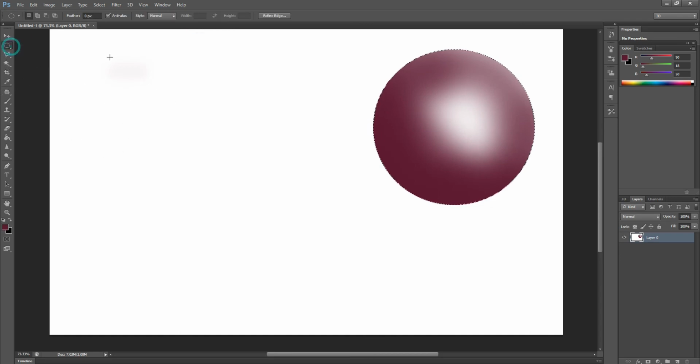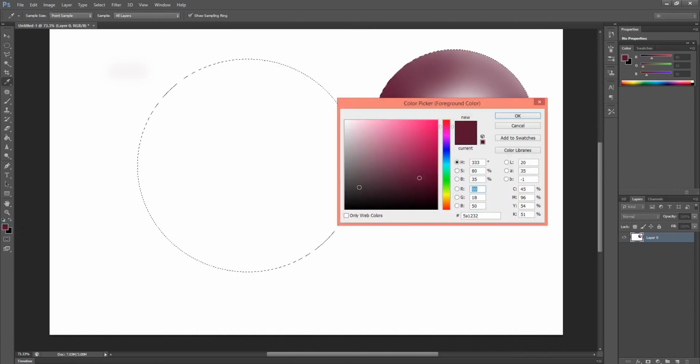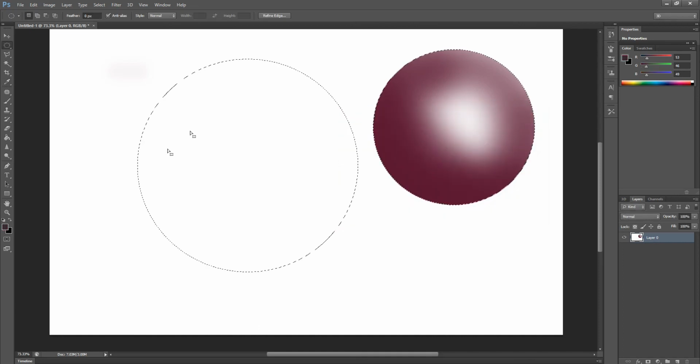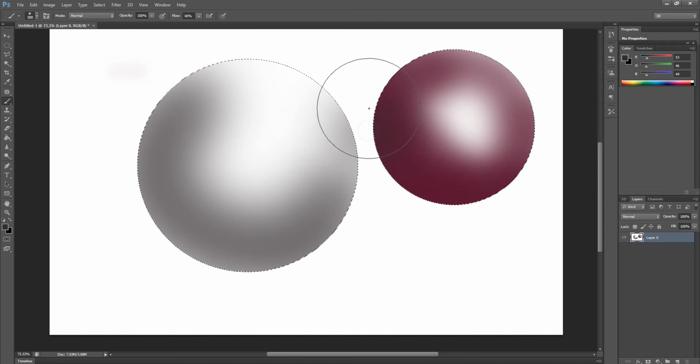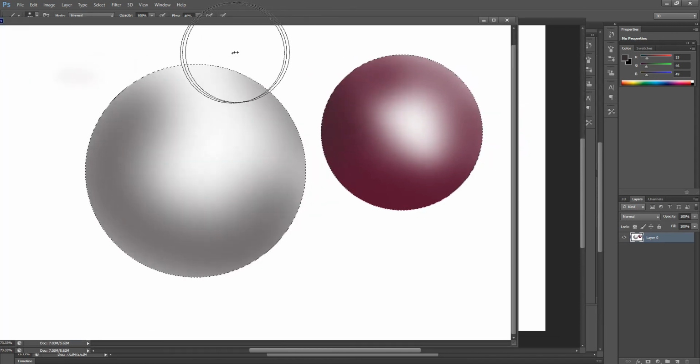Now to make a shading, we're going to make one more circle. This is the bigger circle, and I am going to change the color to a gray color. Go to the brush tool, set the flow to around 40 to 50%, and increase the size of the brush for the bigger picture. Again we'll move and make one circle like this.